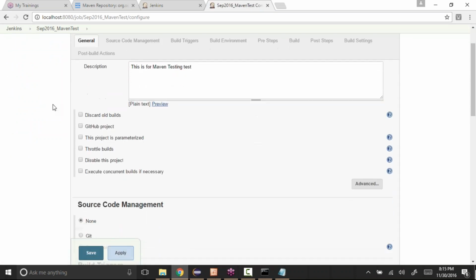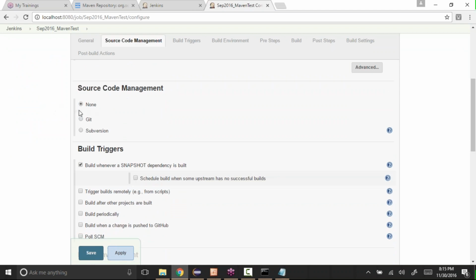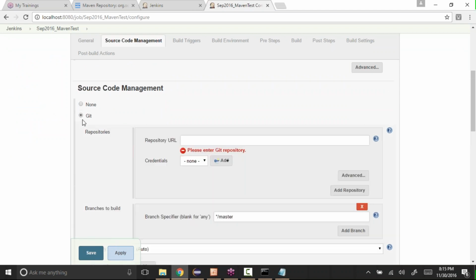Okay, and now I was using the local code. In case my code is at some location in Git, you need to provide the Git information here. See, the repository URL, where you have your Git, and in case it has credentials like username and password to connect to Git, we need to provide that. Just the URL. When you create your account, Git is going to provide where your code is. So all we need to do is just copy that and paste it here.